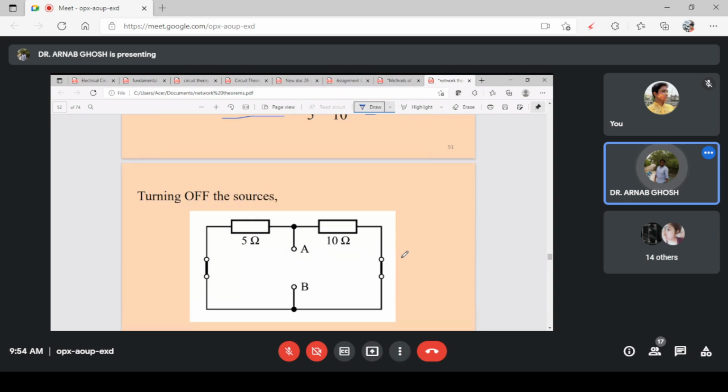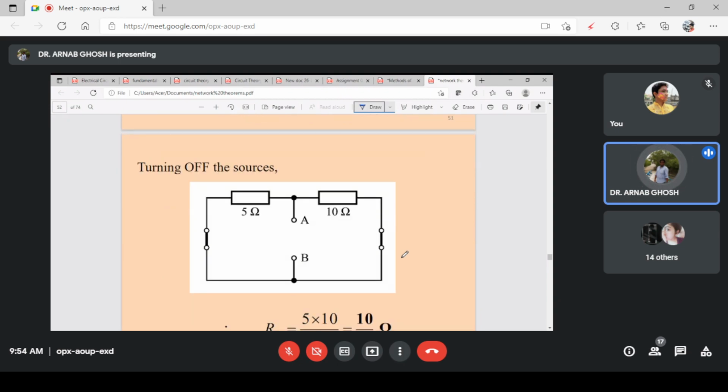Next, we will be turning off all the sources. This will be again open circuited. We are just calculating the resistance across terminals A and B with the load resistance removed. So we are not short circuiting now in this step. We have short circuited the terminals and calculated the Norton's current. Now we are leaving the A and B terminals open and inactivating all the other sources. You see we had only voltage sources in the problem, so you have to short circuit the voltage sources. That is what we have done here. See, we have short circuited here, and we have short circuited here.